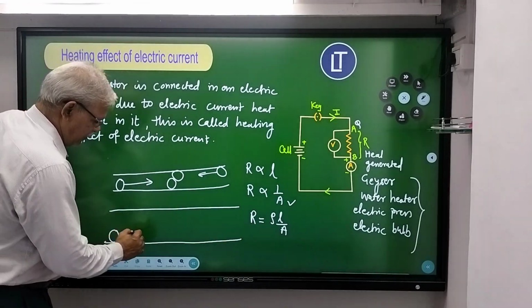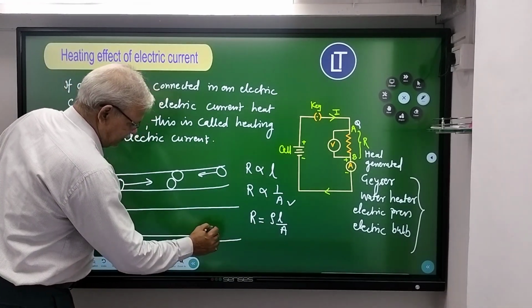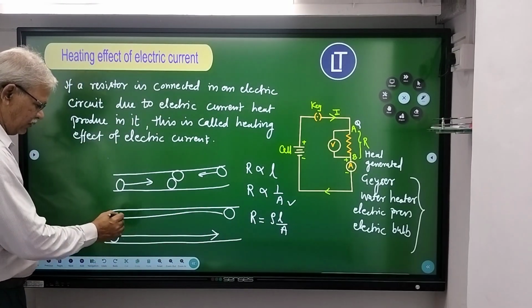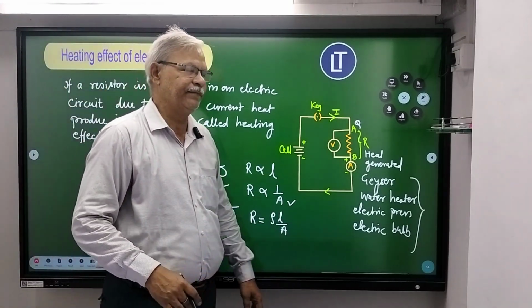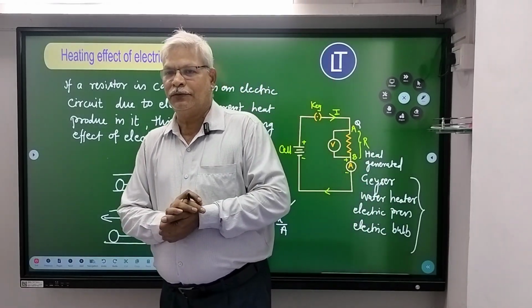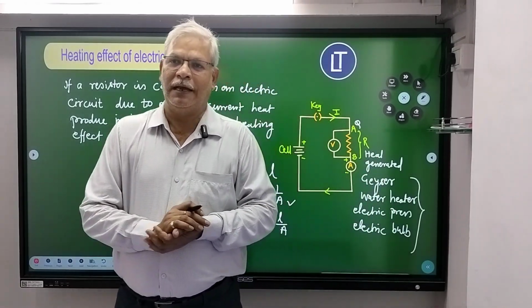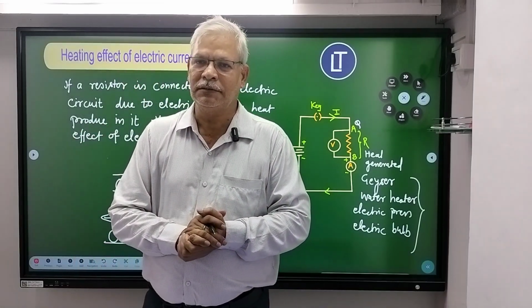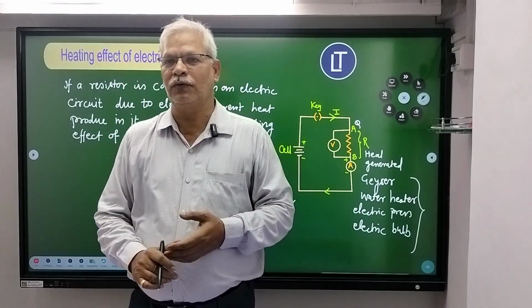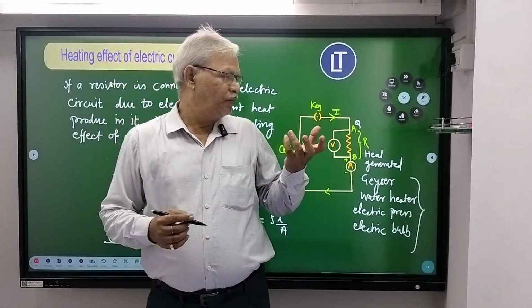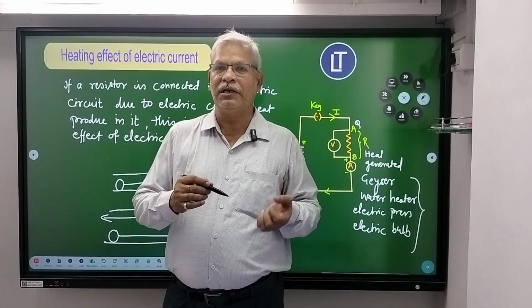You are moving in this direction, the other person is moving in this direction, and you will not collide. There is no resistance, and if there is no resistance, then heat will not generate. Therefore, the filament of the bulb is made up of thin